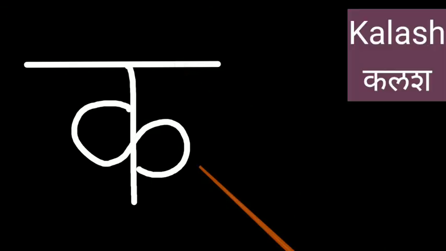First draw a big vertical line, then at the middle draw a half circle and one more half circle, and at the top of the letter there is a big horizontal line. It's called K. K's word is K, L, Sh. You can observe both English and Marathi letters.